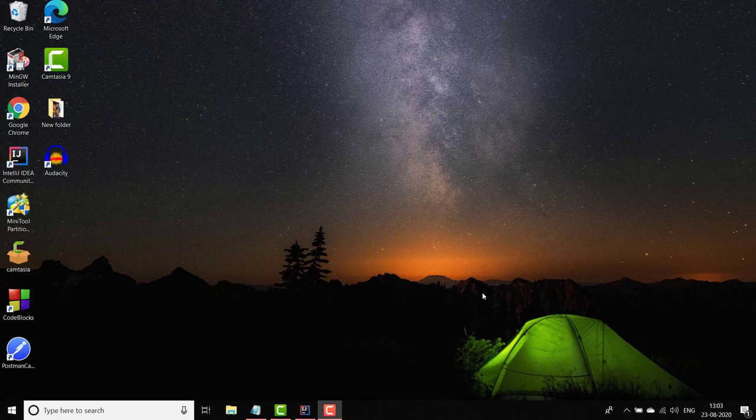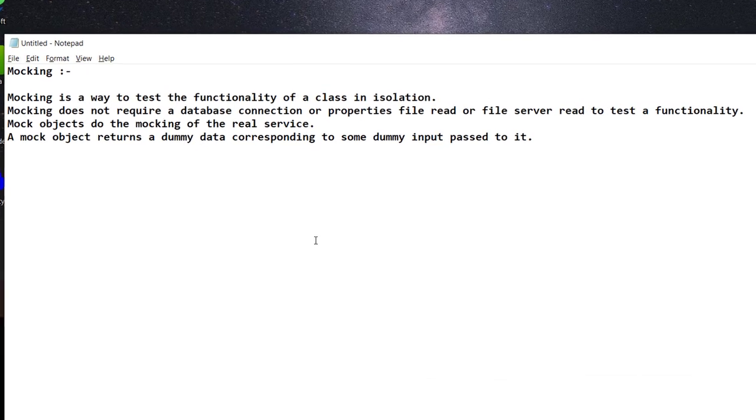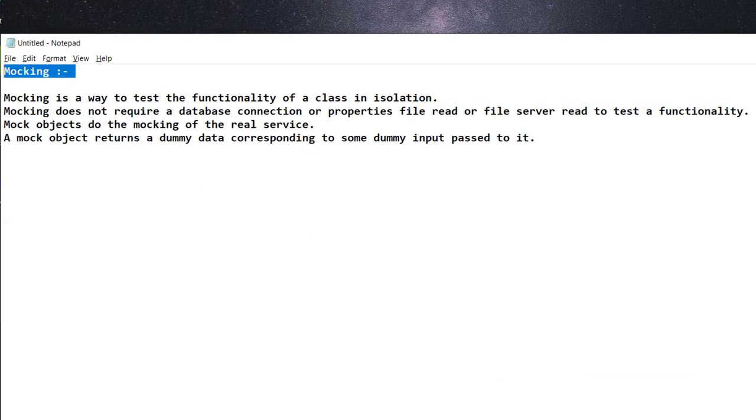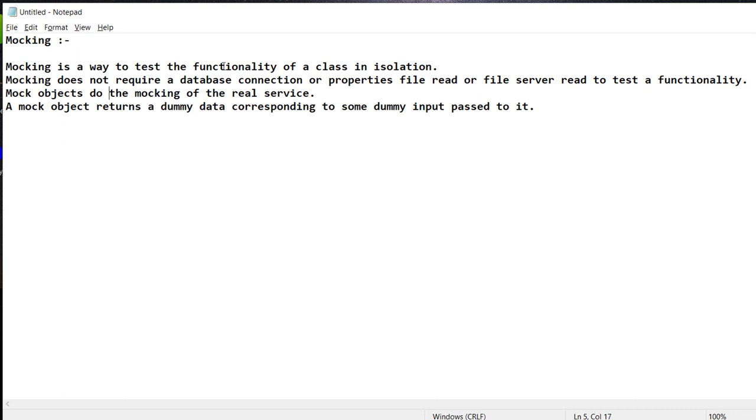We can use Mockito and JUnit in combination in order to work with some advanced test cases, or we can say that we can increase the scope of our test cases. Before moving forward with Mockito, let us first discuss what mocking is. Mocking is a way to test the functionality of a class in isolation,